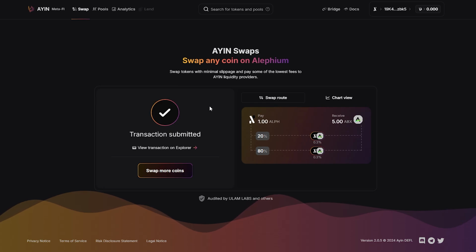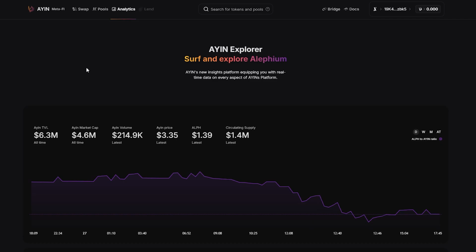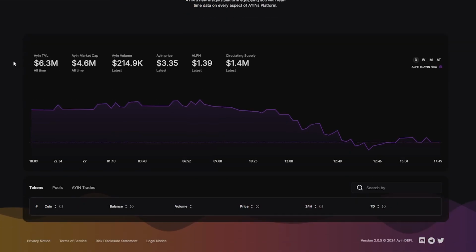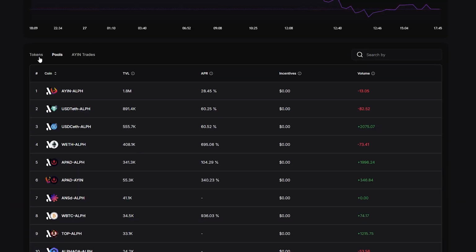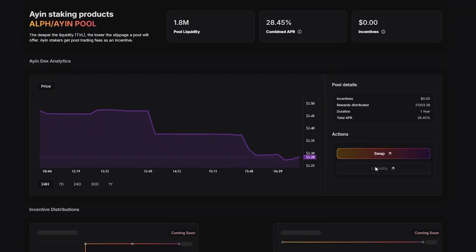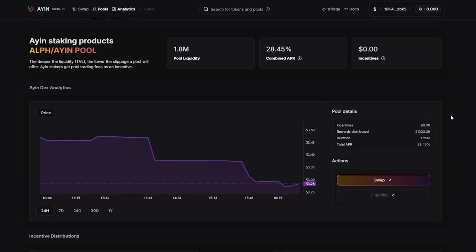So once you've done that, you can basically pick whichever coin you want. And then if you want to check on the price of these coins as they're going up and down, I recommend going over to analytics here. Scroll down and this should actually load up here. So currently I can't get the tokens to actually show up, so we're just going to click right now on the pools. So you can see ALF to AN, USDT to ALF, USDC to ALF, and then wrapped Ethereum to Alephium, Alphpad to Alephium. So you can actually add into these if you really want to. You can click in here, I believe, and then you can swap or add liquidity here. So it's a very different thing to add liquidity than just go on there, but let's go into the pools.